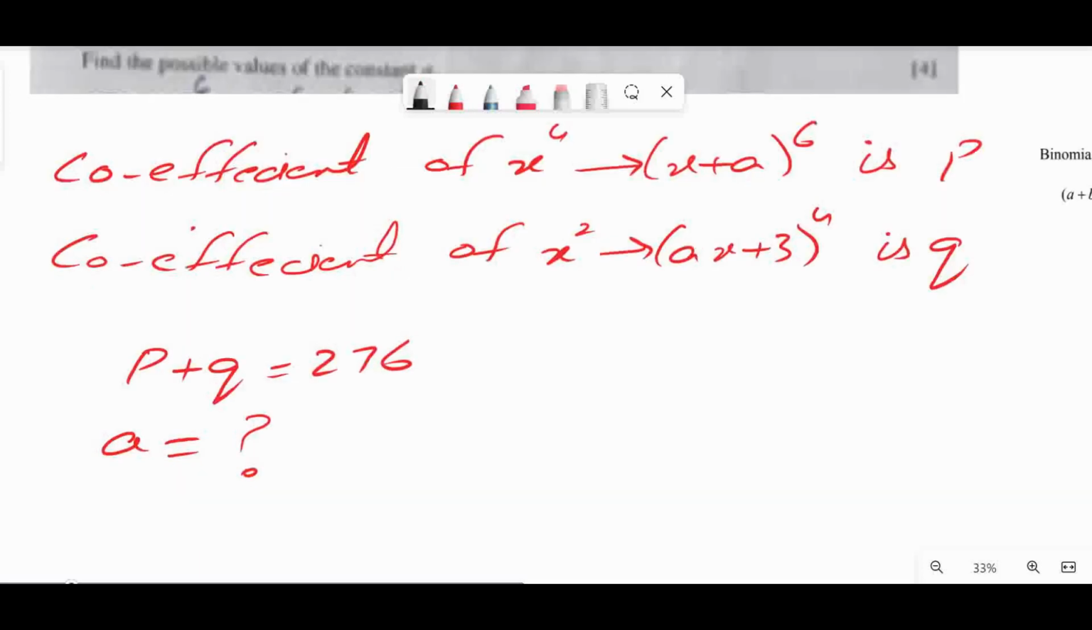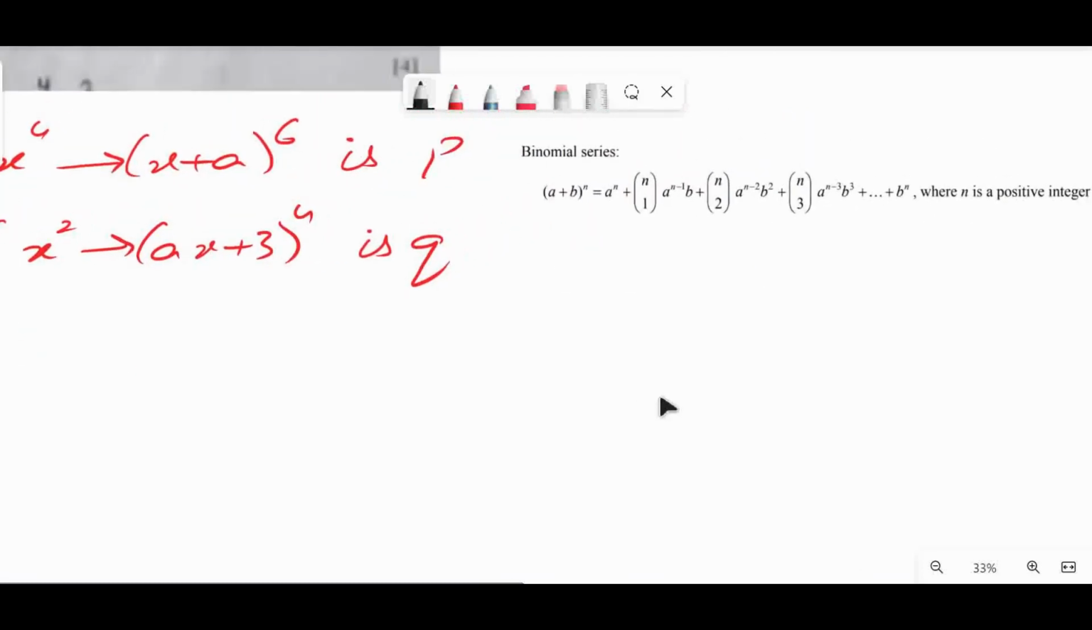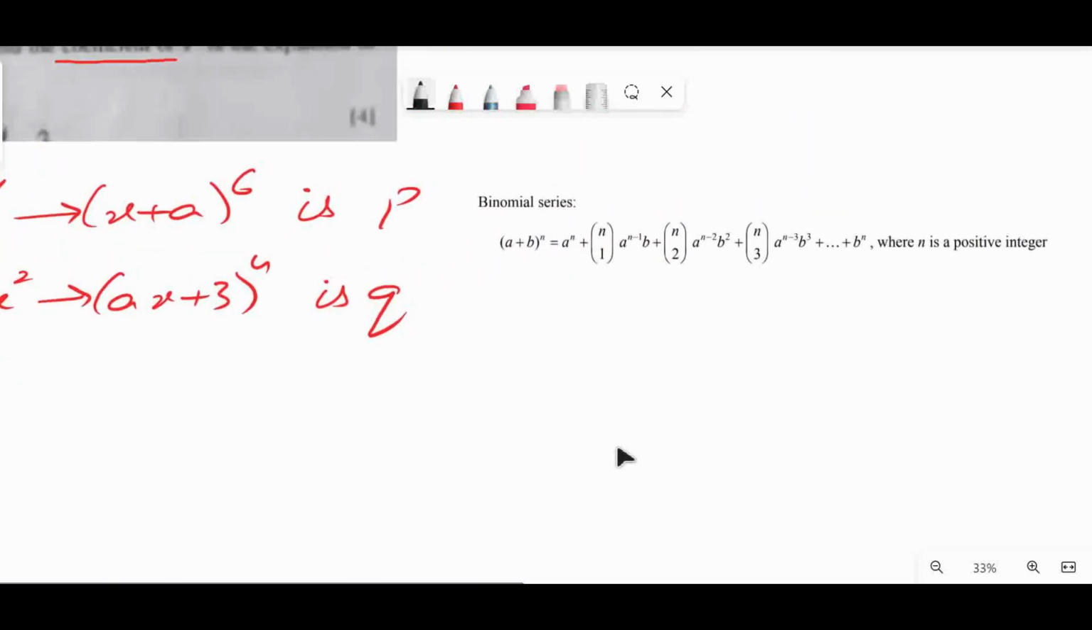Now from here we can see the coefficient of x^4 in the expansion. First of all, we can clearly see that this is the binomial expansion, or the binomial series. We are just interested in the coefficient of x^4, which means that